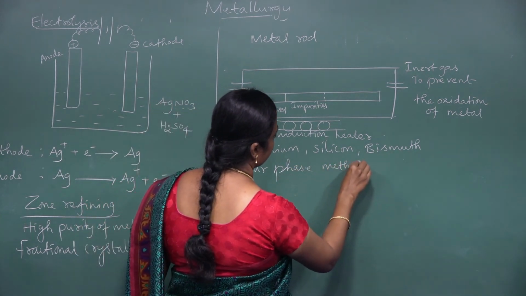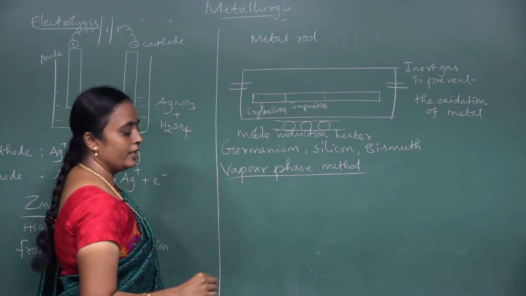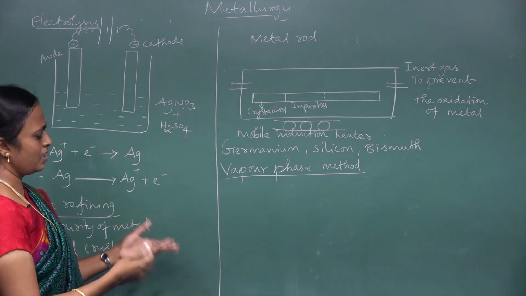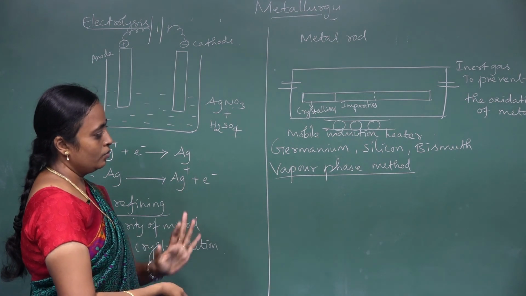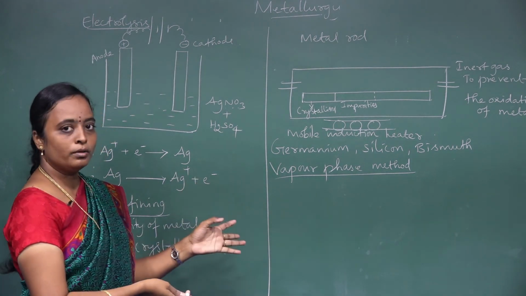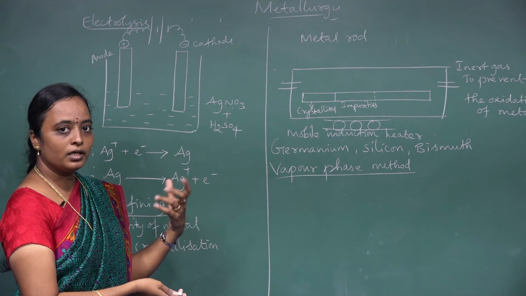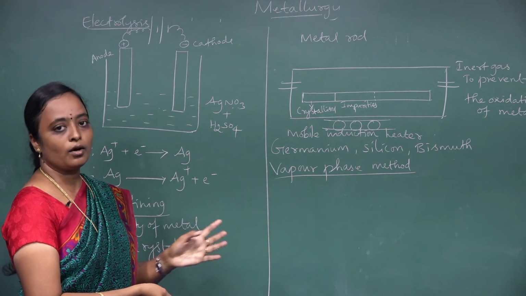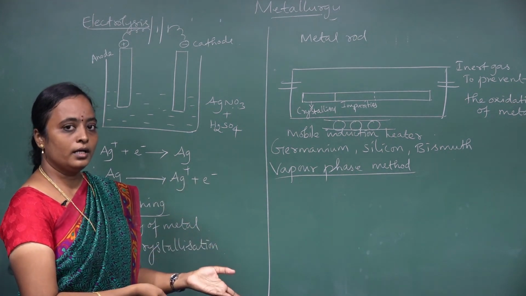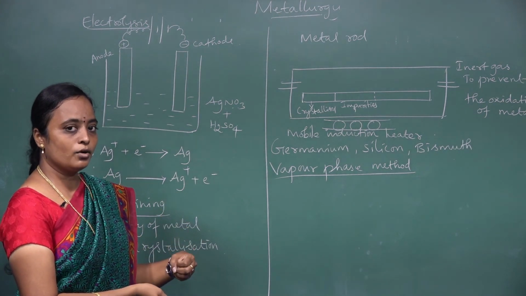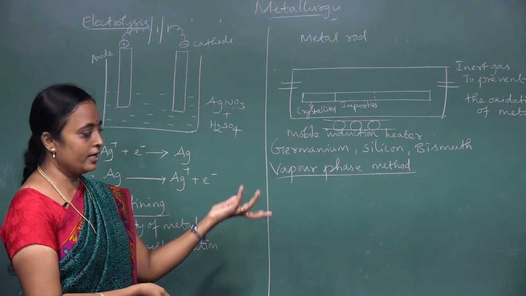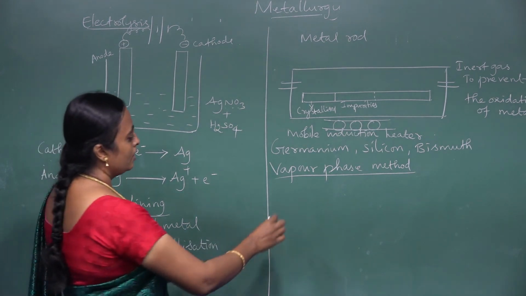Vapor phase method. What is the speciality of the vapor phase method? This is also one of the methods to get a pure metal. First of all, the impure metal is converted into a volatile compound. From that volatile compound, through decomposition, we get the pure metal. I will explain using two processes. One is